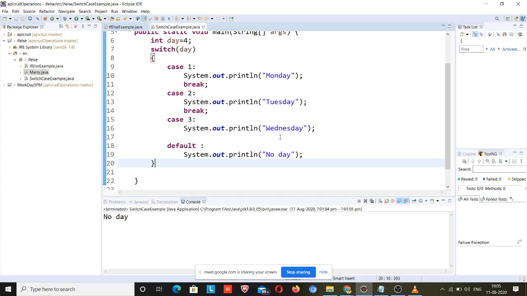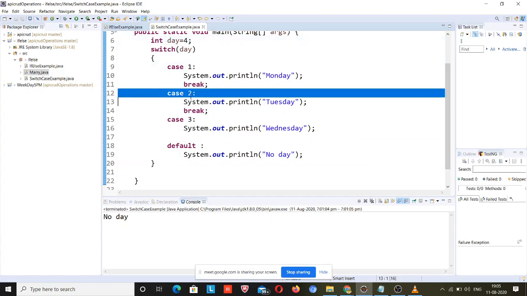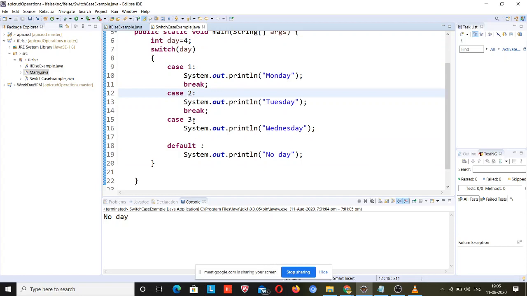What actually happens is it will come to case 1 and match the case value. The case value will not match, then it will match with 2. That case value does not match, it will come to 3, the case value does not match, and the code never goes back to match the value. If the execution is at this line, it will not go back, it will go only further, right? So further it will find default. There is no rule that it will go back to check, right? So this is the basic rule. I hope you guys got it.